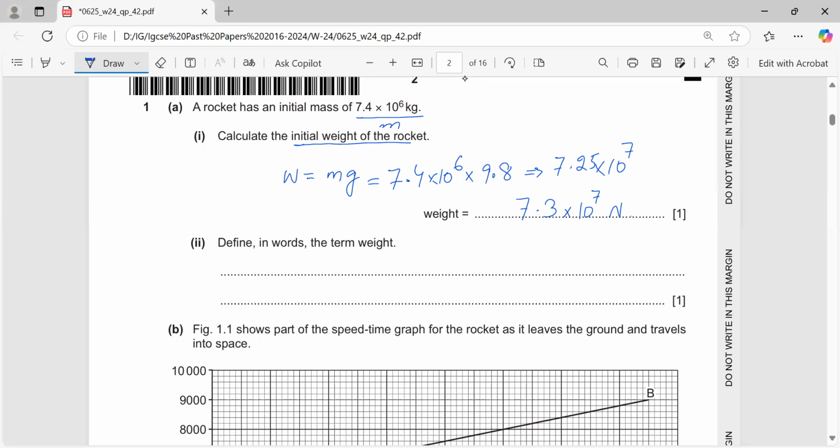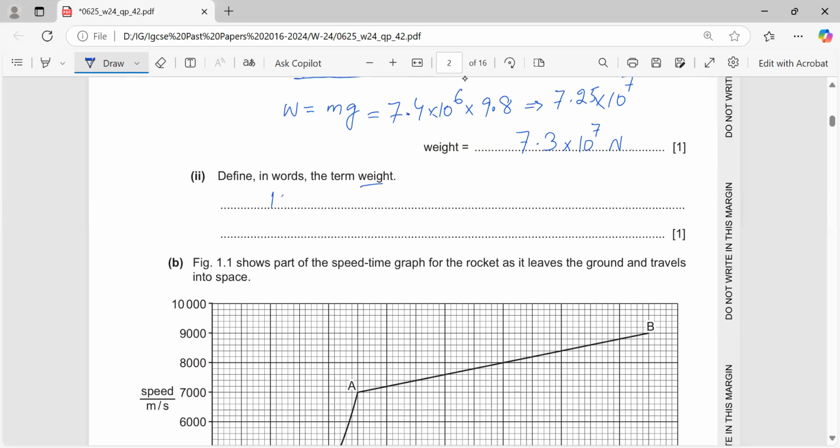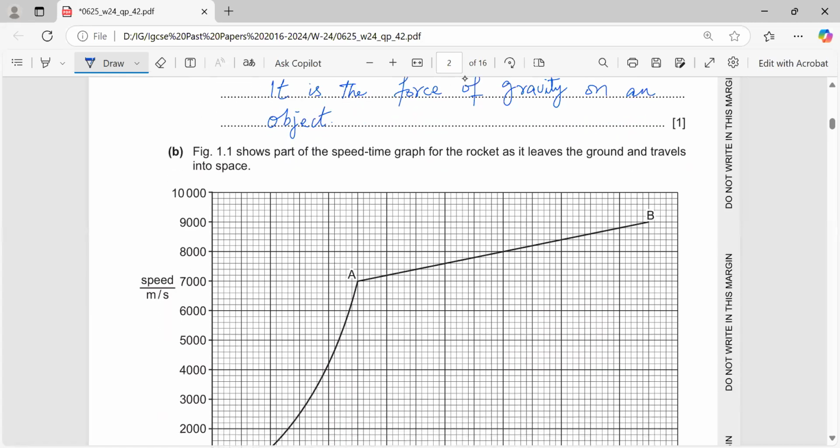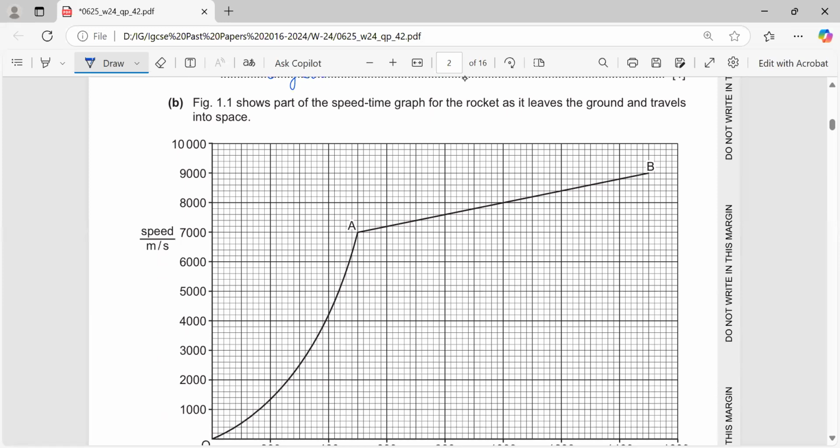Define the term weight. It is the force of gravity on an object, or you can say on a mass. Simple. Okay, now figure 1.1 shows part of the speed time graph for the rocket as it leaves the ground